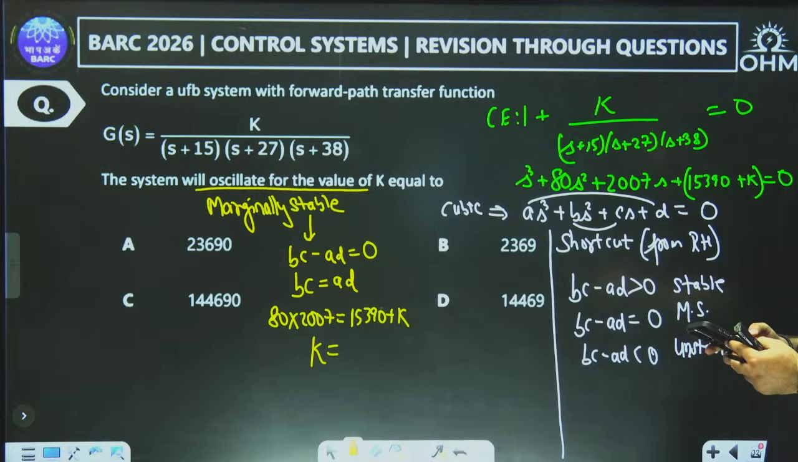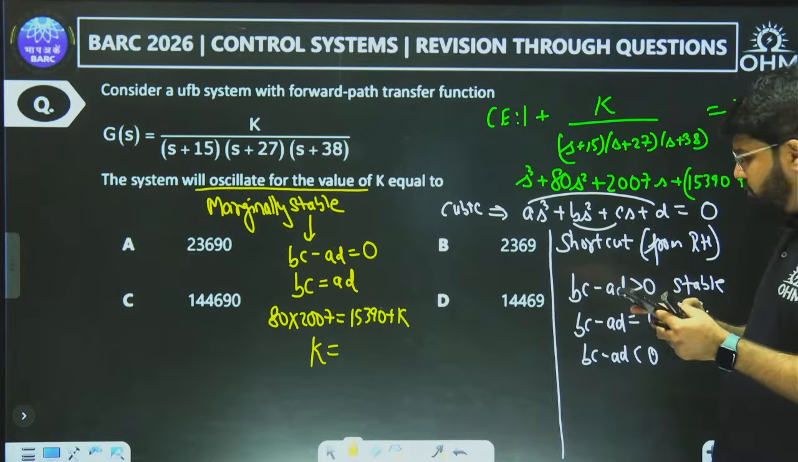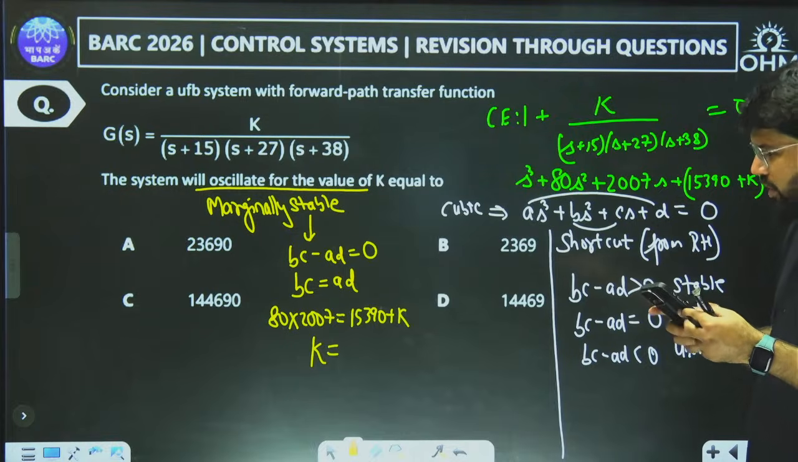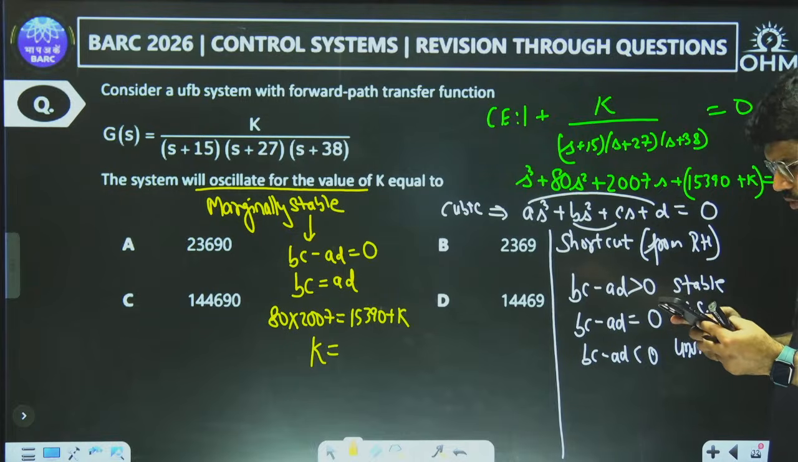2007 or 2001? I think I've written it wrong. I calculated it as 2001. I'll recheck it: 15 into 27, 15 into 38, and 27 into 38. 2001 it was, sorry. Okay, 2001 it was. I'll correct that. And then minus